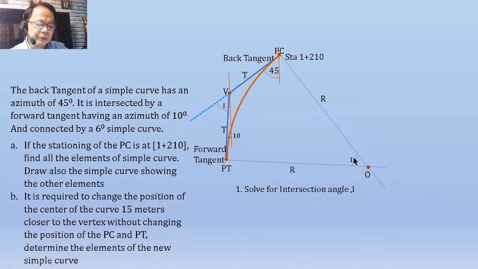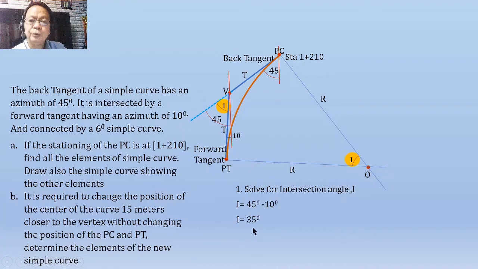So we refer to this as the intersection angle. And how do we get this intersection angle? The extension of this back tangent would also have the same angle as this 45 degrees measured from the south. So this angle will also be equal to 45 degrees. But because this angle is already 10 degrees, hence we can solve for our I as the difference between 45 and 10 degrees. Our I will be equal to 45 degrees minus 10 degrees,